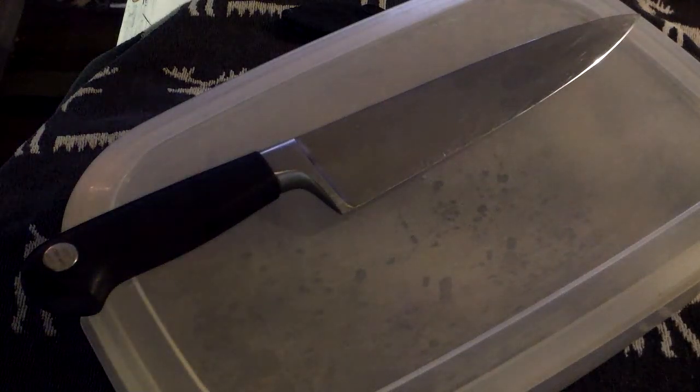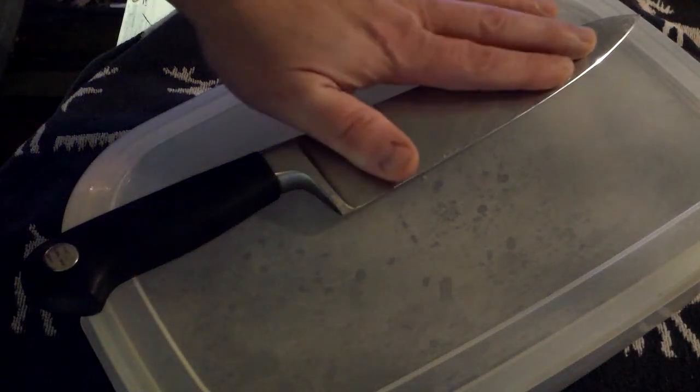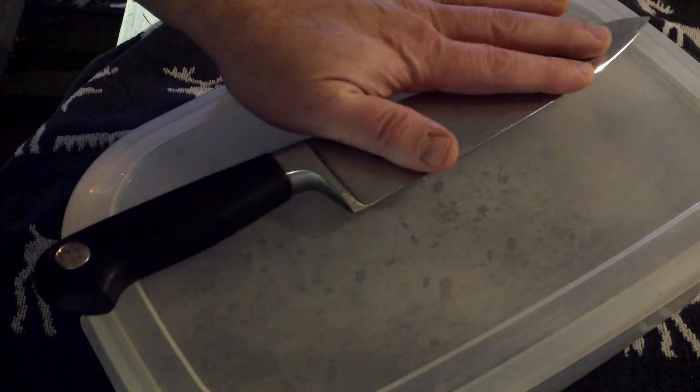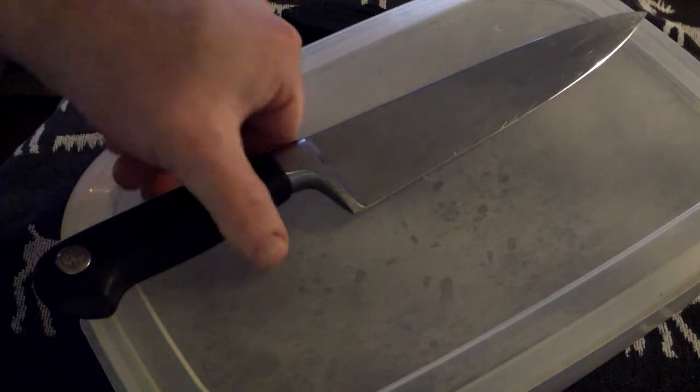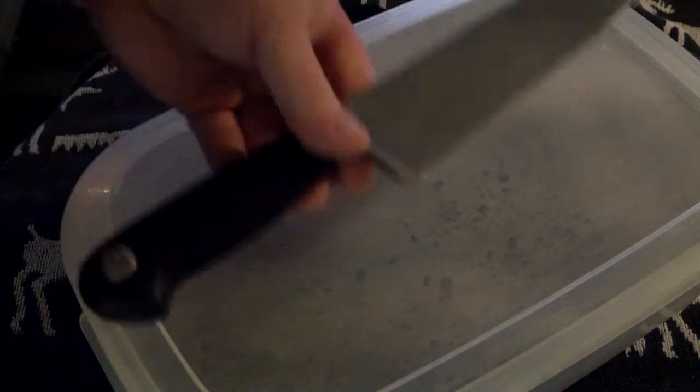Hey, what's up? I'm going to show you guys how to sharpen a stainless steel knife. I showed you these stainless steel knives and I said they are hard to sharpen, and this one's kind of dull, so I'm going to sharpen it for you. Show you how to do it. I'll sharpen this one,